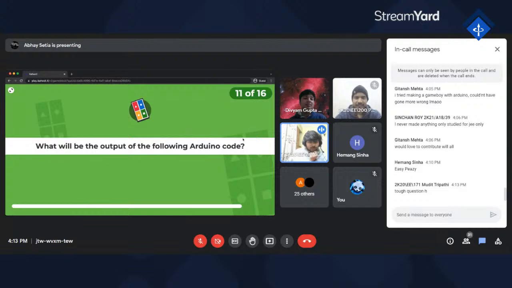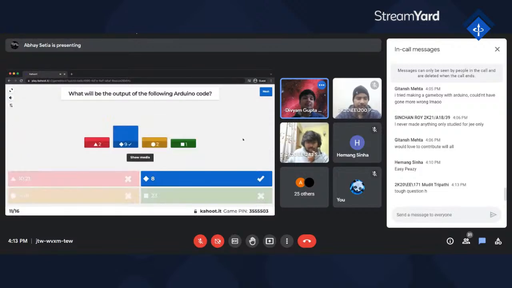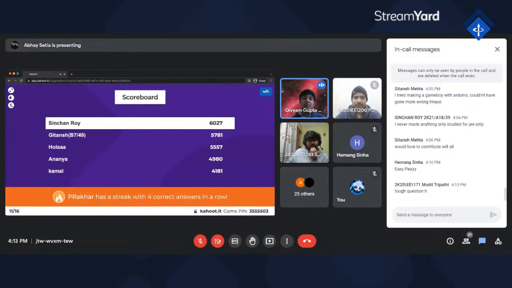What will be the output of the following Arduino code? Please verify it before answering the question. Nine people have guessed it correctly.